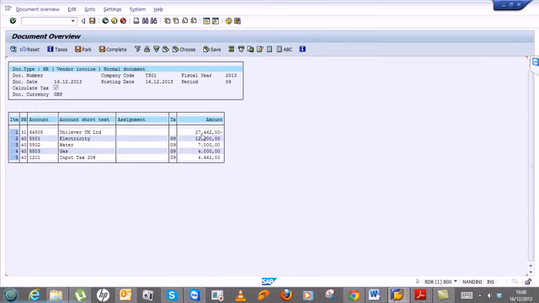4,462. Now the scenario is that the international financial reporting standard, or international accounting standard, requires that they want to see this tax allocation individually on each item, segment by segment. They don't want to see the total tax. They are interested to see how much tax is on electricity, how much is on water, how much is on gas. So first we post this document